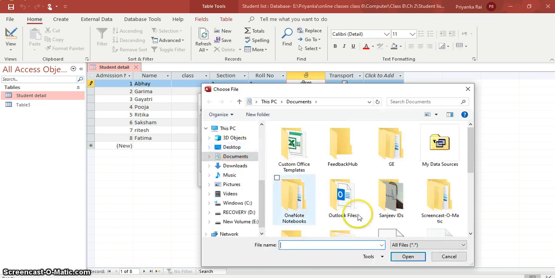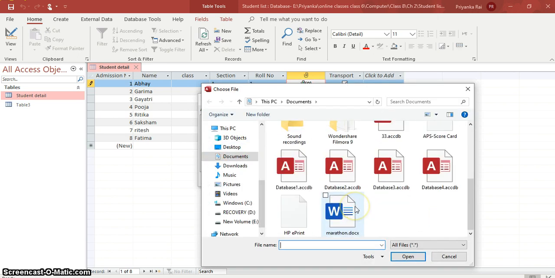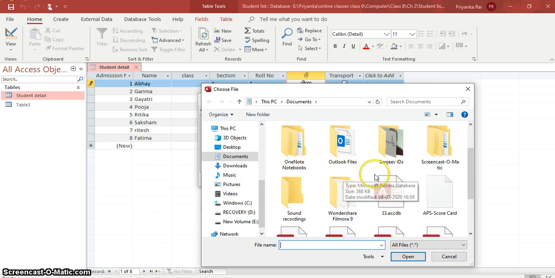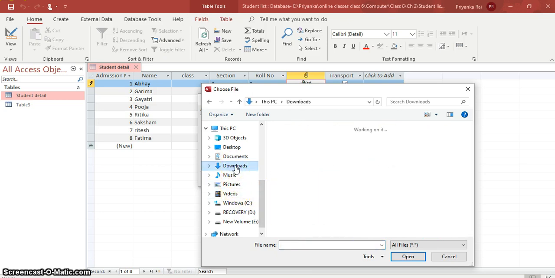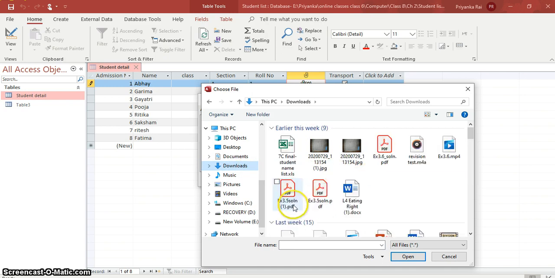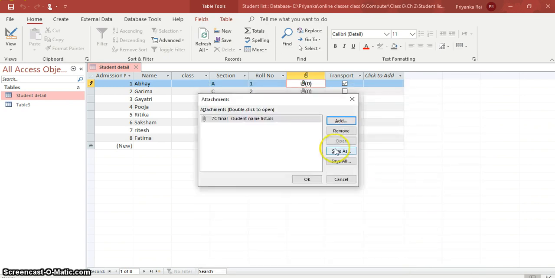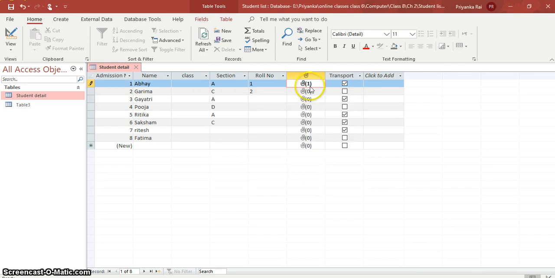A dialog box will appear and I can add a file. Any file I can attach, an Excel file or any other file. So I have attached one file here. It shows 1. I can attach more files also.